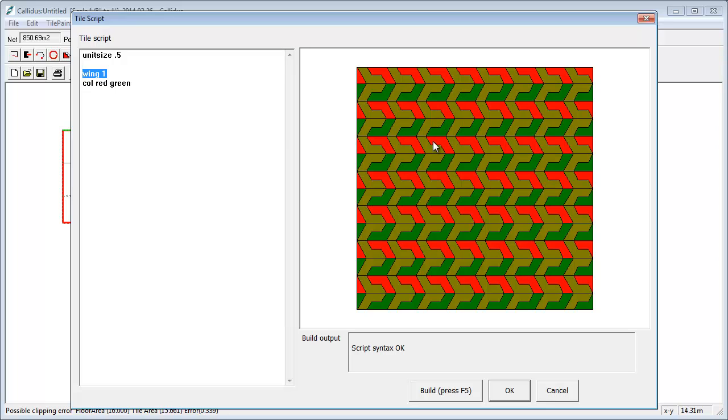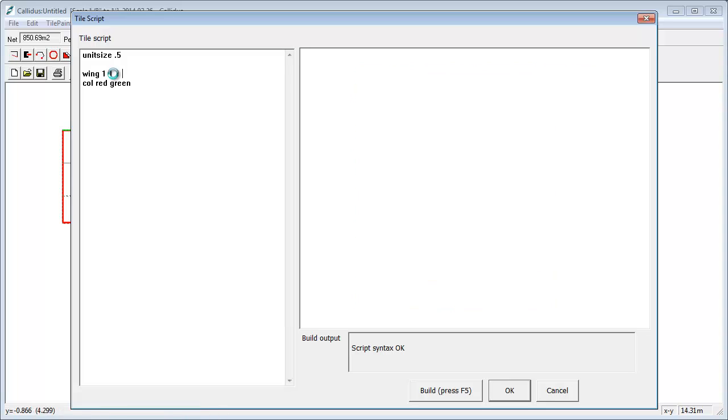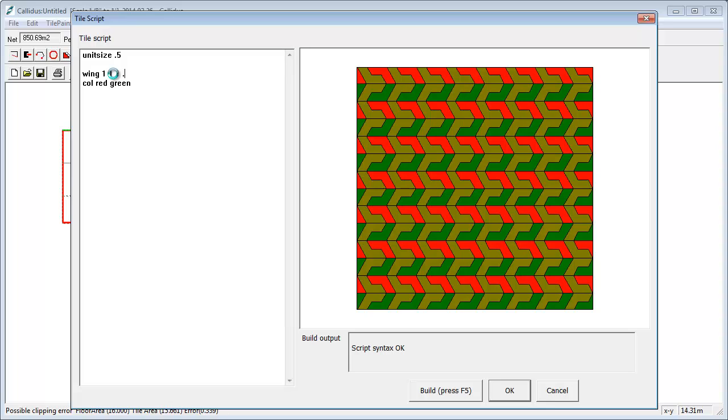So what you have is, with one command here, Calidus has assembled a fairly complex set of tiles and then creates a grid from that. Another thing you can do is, I'm just going to leave that at 1 and 1, and then let's just put in